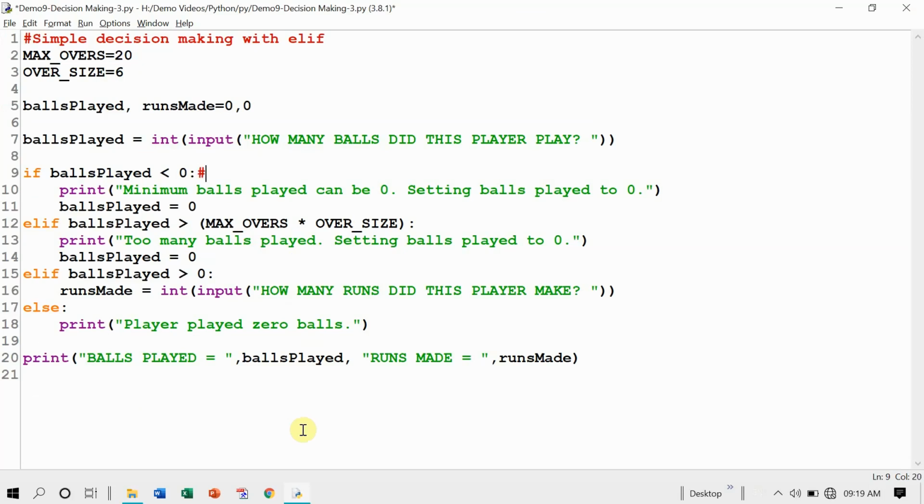The fourth possibility is that the player has not played any ball at all. So all the invalid numbers of balls are handled, and the valid numbers of balls played are also handled in our program appropriately. And see how this is done with the help of the if, elif, and else keywords.